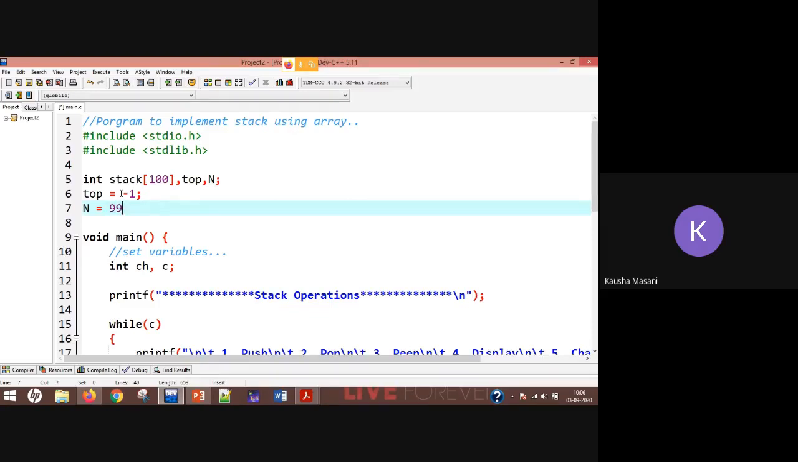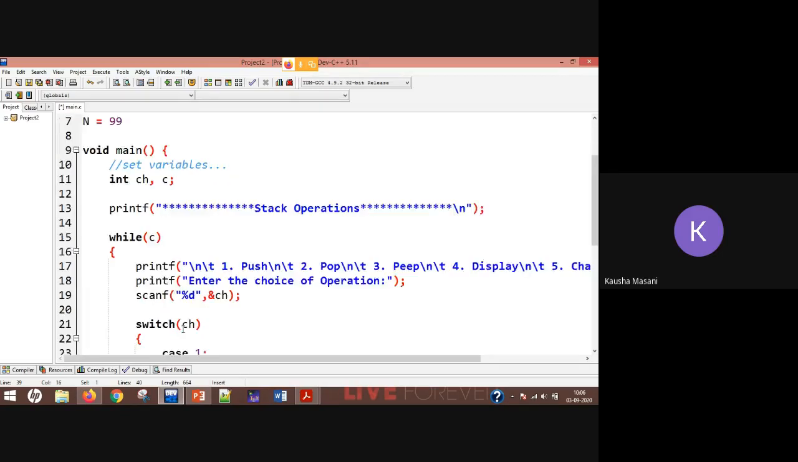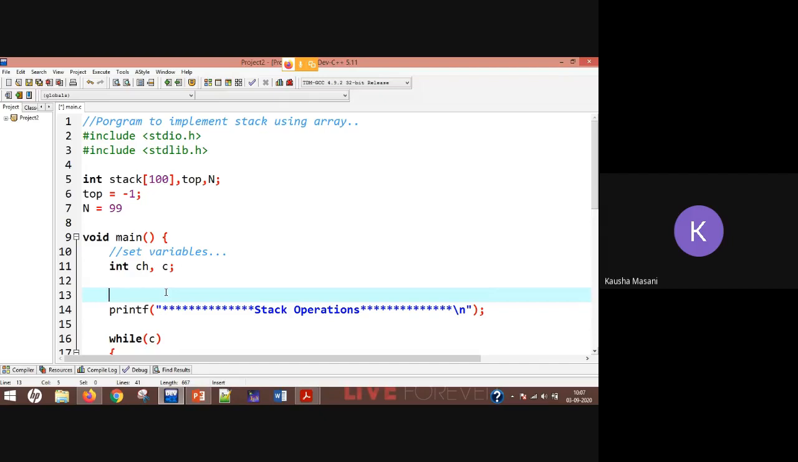Fine, either you write it like this, or you can take the stack size from the user and store that stack size in the variable n, and then you can write n minus 1. Okay, there are two ways. Either you take this n value from the user to make your program dynamic. So you are going to take it here only, that printf